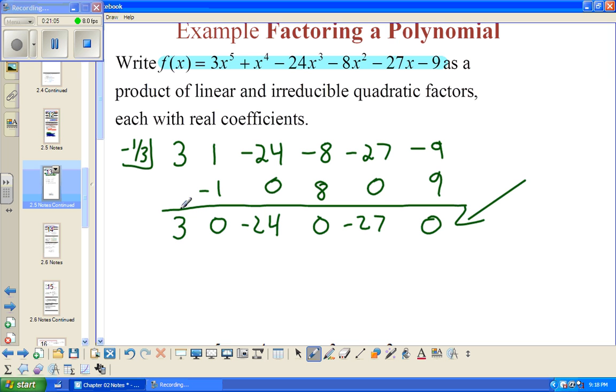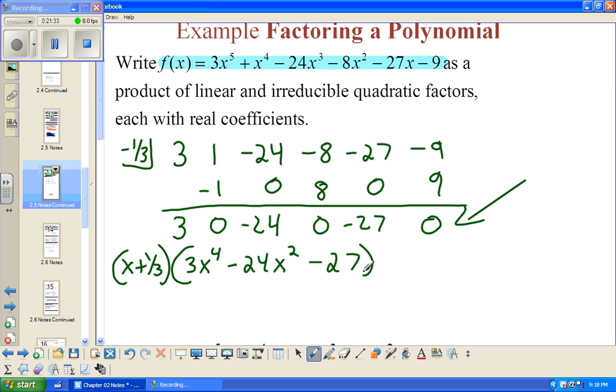What do these numbers here mean? Well, that means after I factored out an x plus 1/3, I ended up with, since we started with a 5th degree polynomial, 3x to the 4th, didn't have an x cubed, minus 24x squared, didn't have x to the first power, so minus 27. Now what I would do at this point is, since each term that's left is divisible by 3 or has a factor of 3, I would factor that out. So I would have a 3 times x plus 1/3